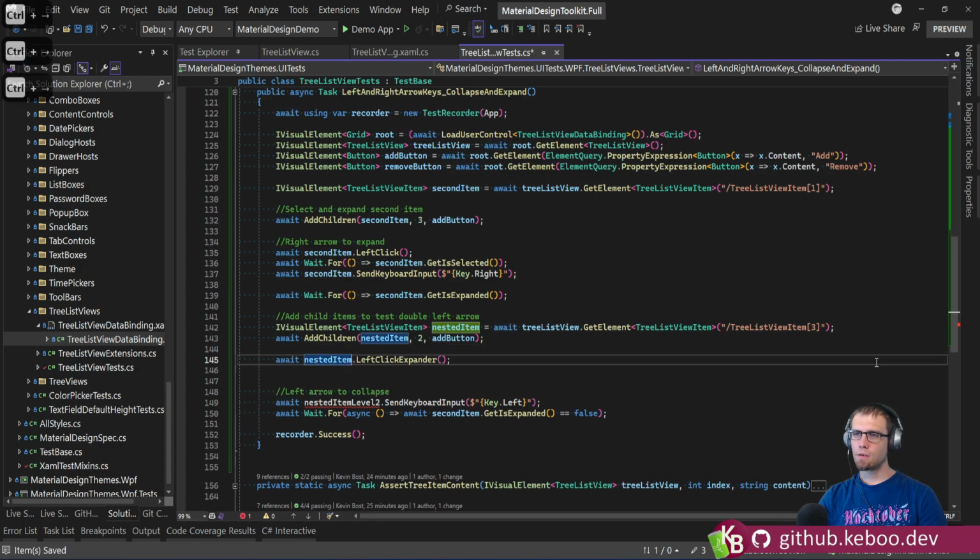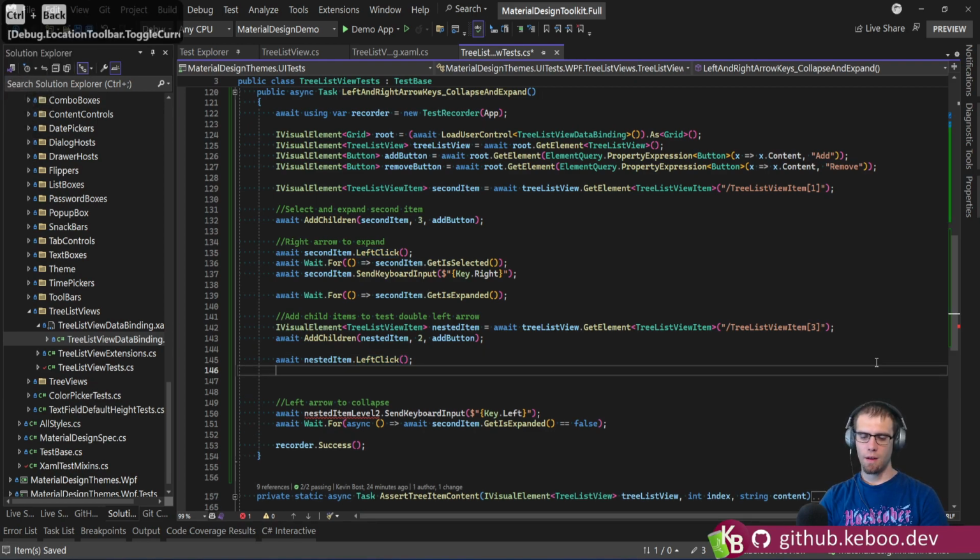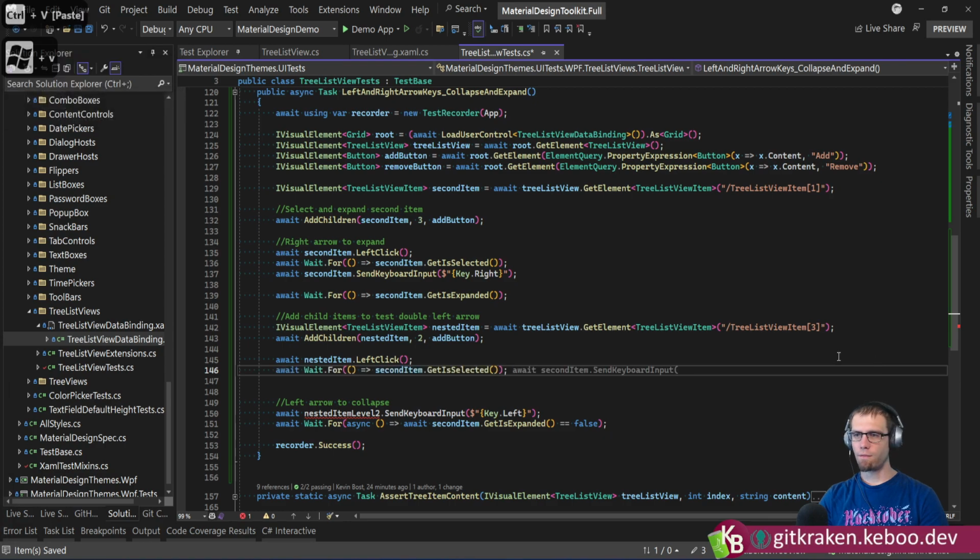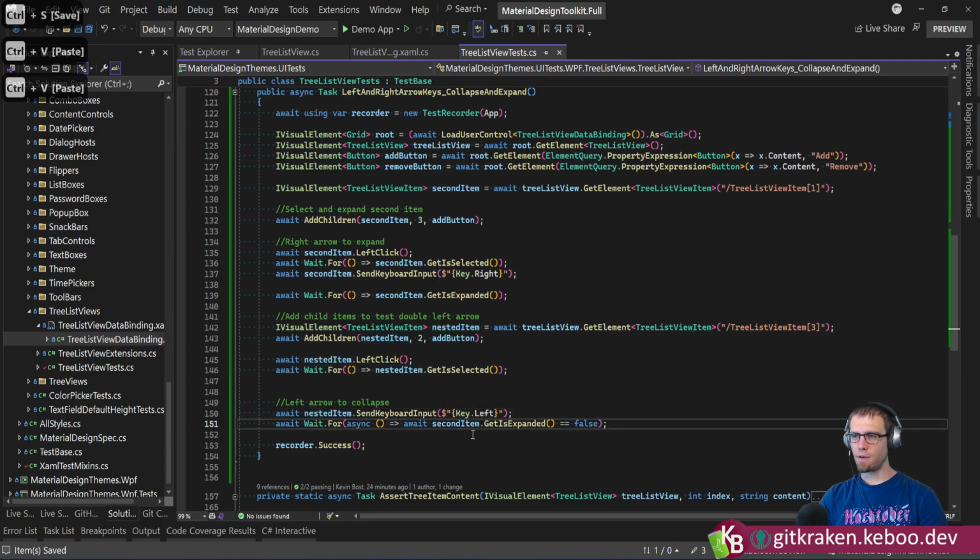But I do want to left click, and then I do want to wait for his get is selected, and then we want to send left, verify get is selected, or I want to send left, get is expanded,